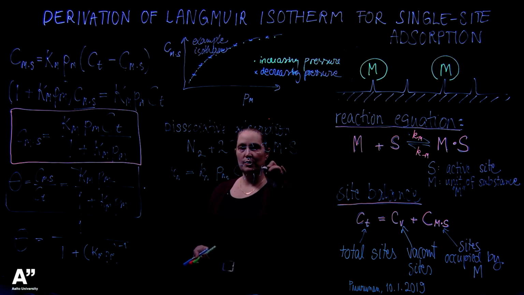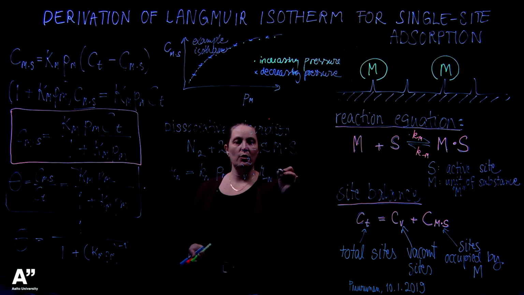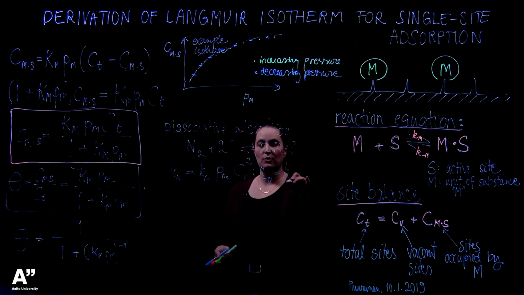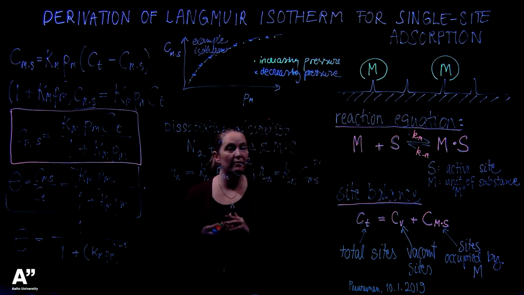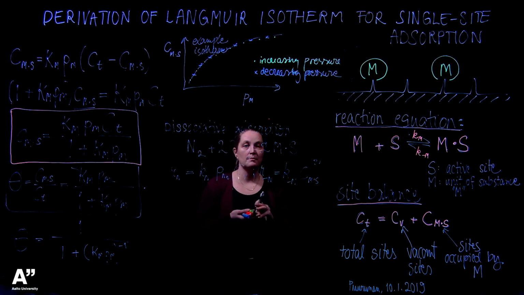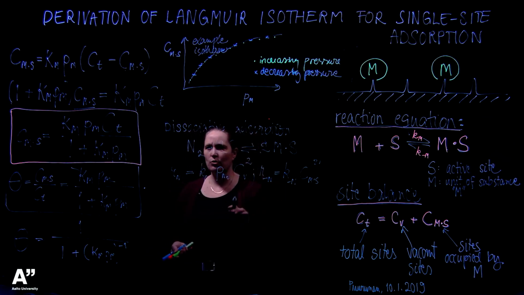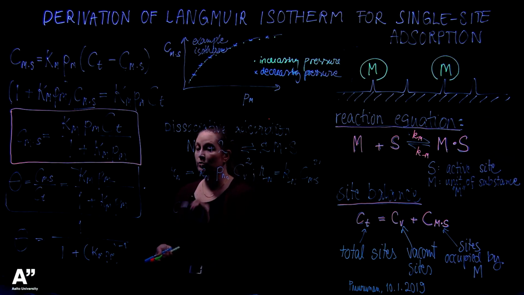rate of desorption would be equal to proportionality constant times, again, the occupied sites to the power of 2, because you would need to have neighboring sites to create back the substance to desorb it. And I will not go through the derivation, but you can do it yourself if you want. And the resulting adsorption, Langmuir adsorption isotherm, would be